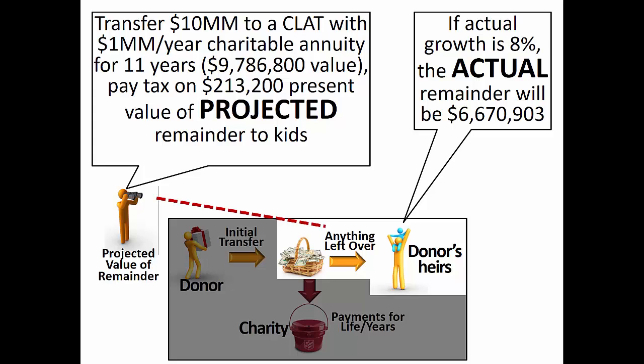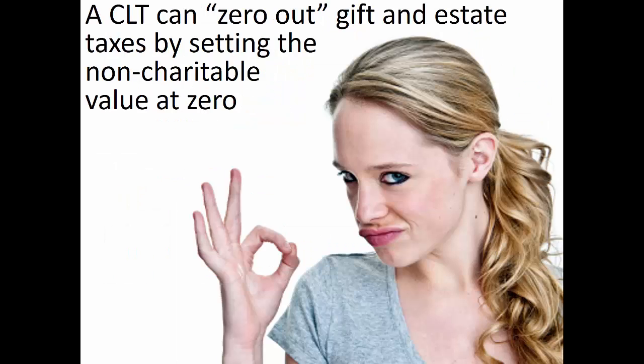For example, if the assets in the trust grew at a rate of 8%, the actual amount transferred to the heirs would be $6,670,902.51. This demonstrates the power of the non-grantor charitable lead trust. The donor would transfer over $6.6 million in value to the heirs, but pay gift taxes on only $213,200. In the previous example, the present value of the amount projected to go to heirs based on the Section 7520 interest rate was only